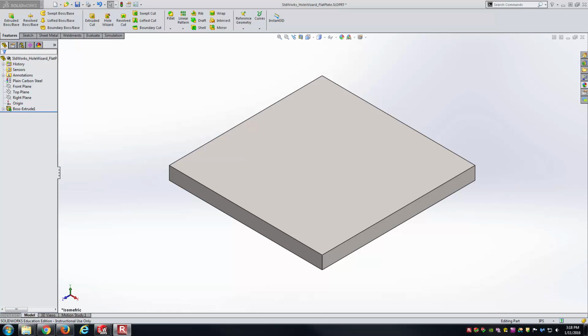I'm going to make this video showing you the use of the hole wizard inside of SolidWorks part files. And so the hole wizard is nice. It allows you to create holes very quickly, especially if you're creating standard holes. So for instance, a standard countersunk hole that's going to mate up with a specific fastener, also counterbore